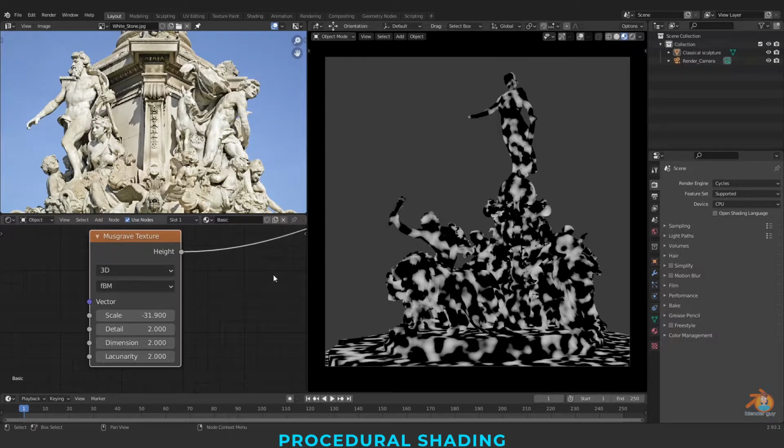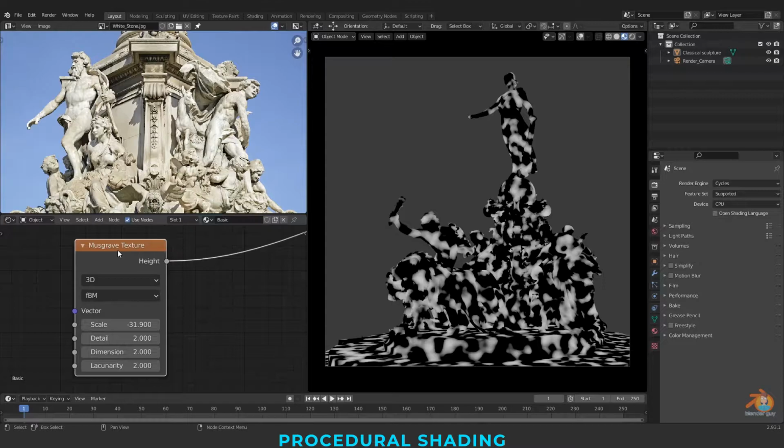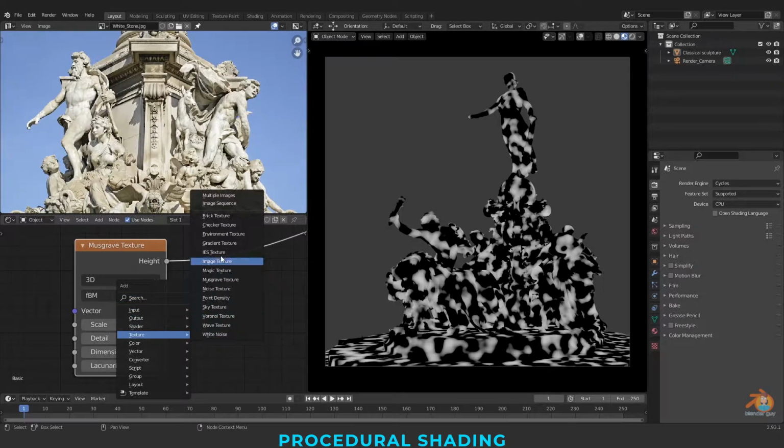The procedural shading or node based shading, it's like checking all the things like Musgrave. Let me show you what textures are available, like brick, checker, environment, gradient, like this.